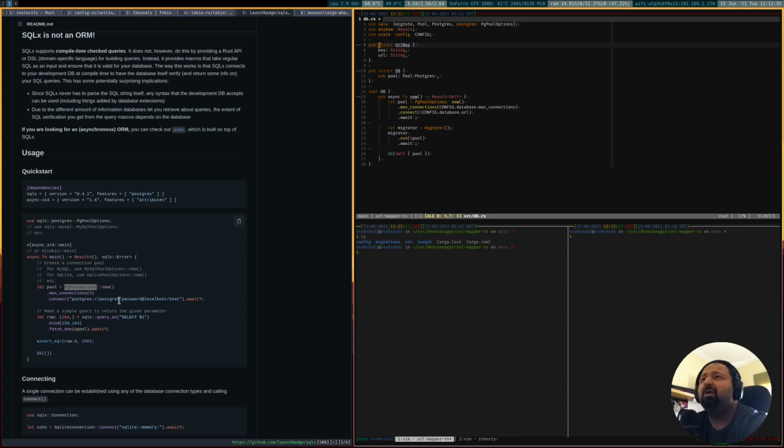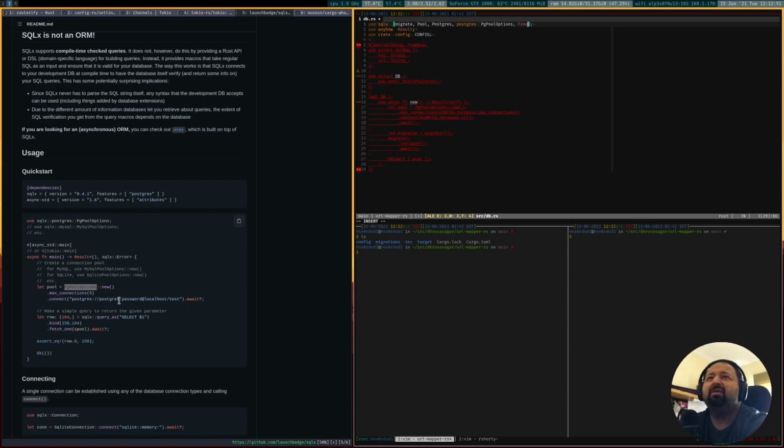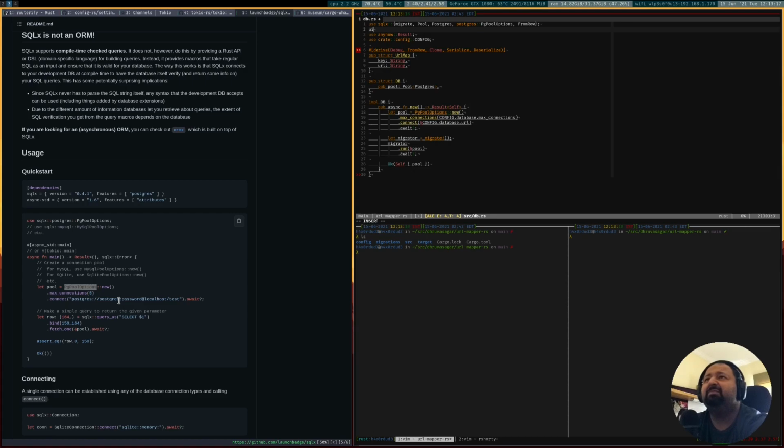Now the few things we obviously need to add to this would be, we definitely need Debug. We also need a thing called FromRow. This again comes from SQLX. Let's also add Clone, so that we will be able to clone an instance. Sometimes it should be useful, and then we will add our typical Serialize and Deserialize. Yeah, this should be sufficient, except we haven't imported it.